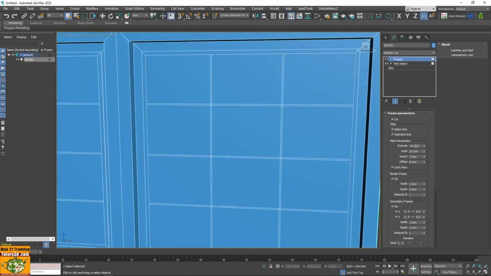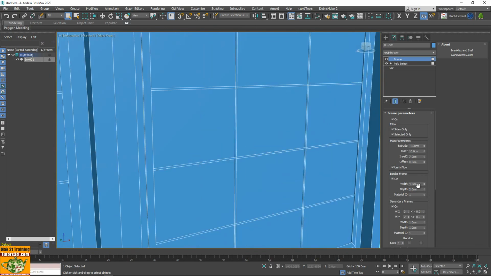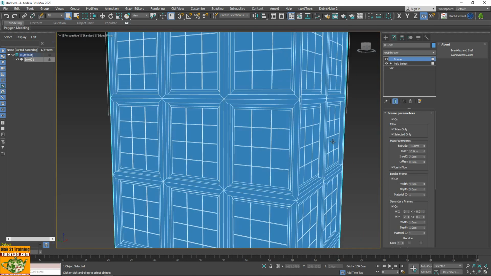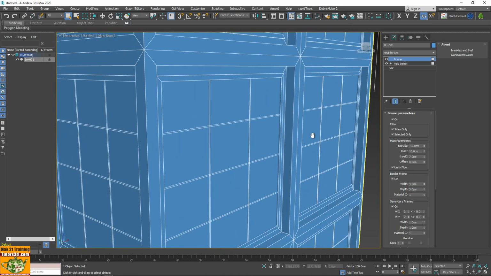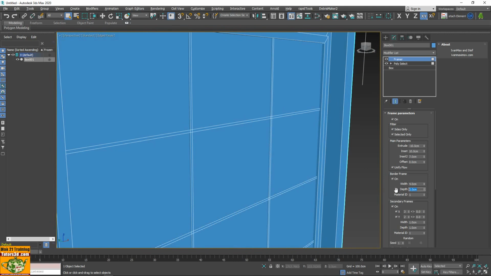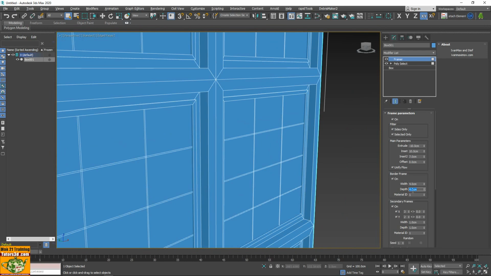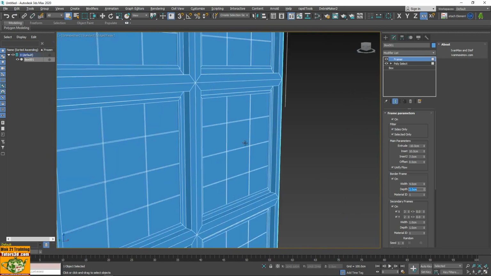So if I go to tell him, for example, 4 to be clear, I have 4 centimeters on one side and on the other. And the depth in this case tells me 2 centimeters, if I want, for example, 3 centimeters, and so on. Therefore they are all coefficients that you can move with knowledge of measurement. So you can also do quite precise things.